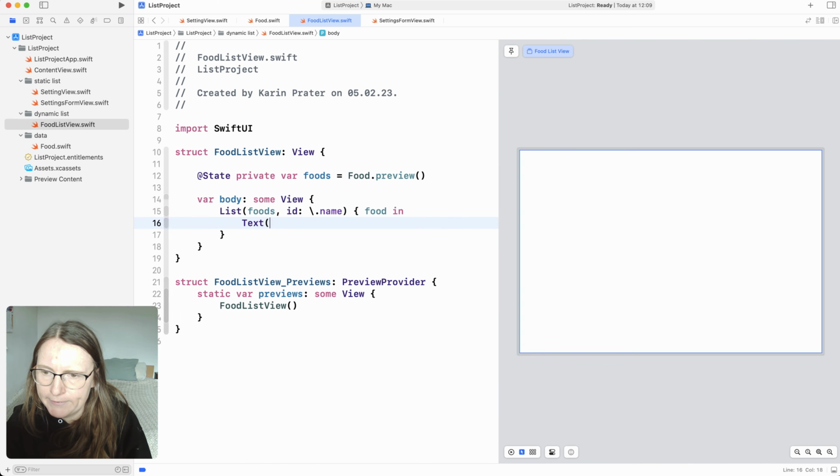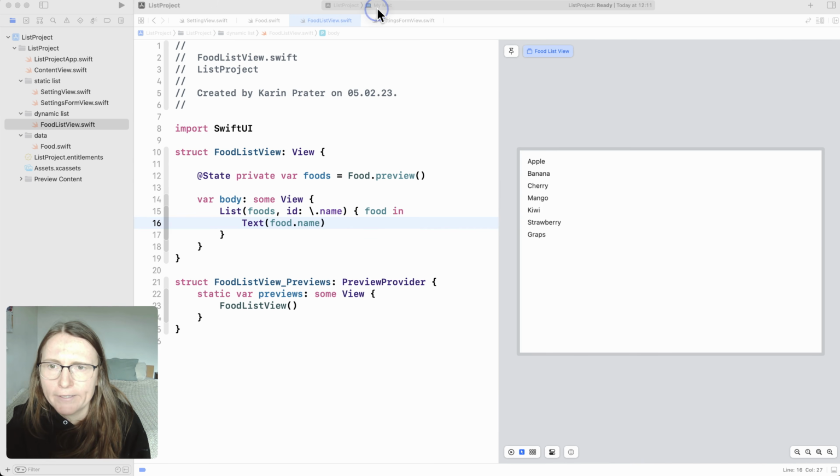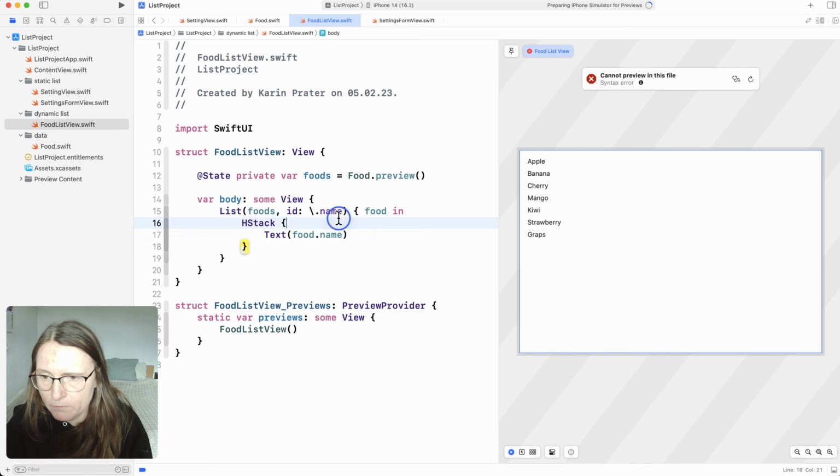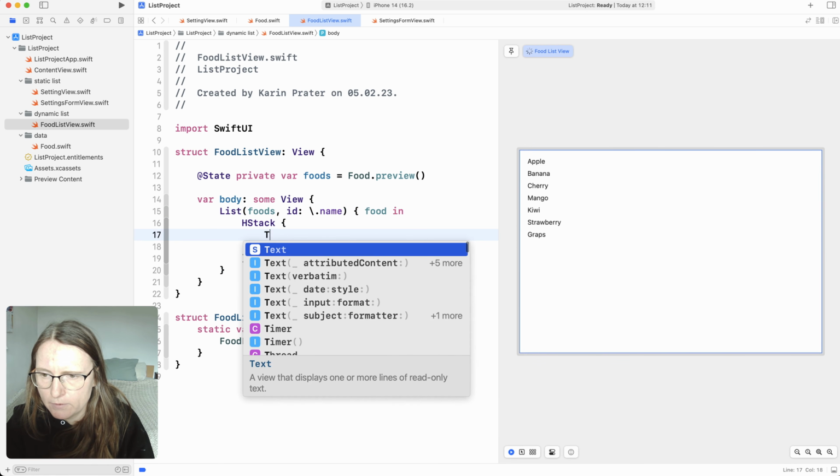And I can add here text with the food's name. Okay, I go back to iOS. To make this look a little bit more interesting, I directly use an HStack, so I can use the icon too. This is the text